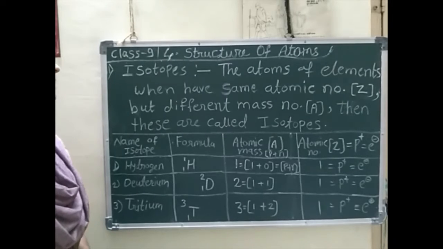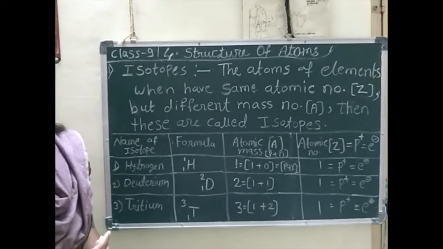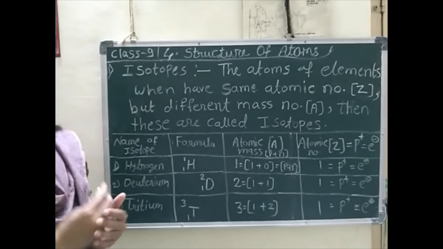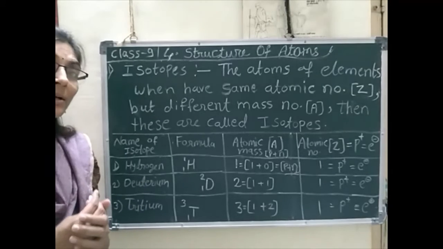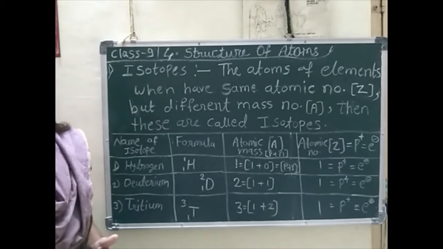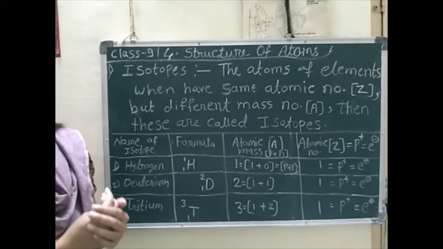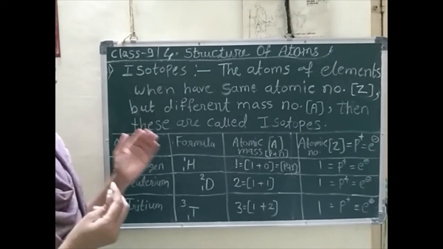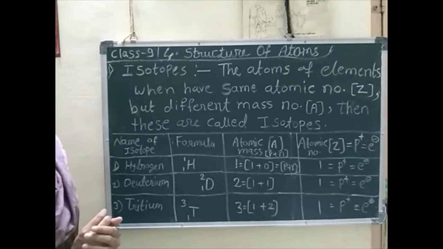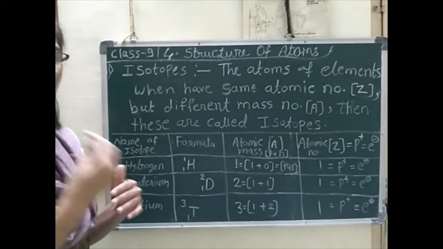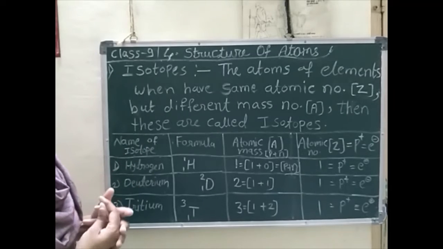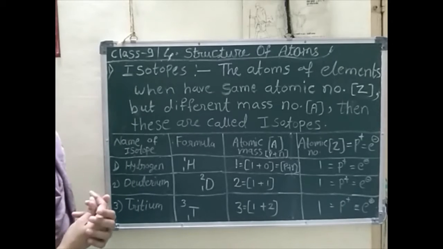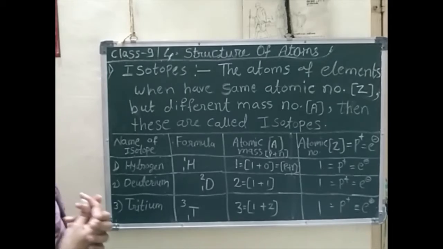So in this chapter, that is structure of atoms, we are seeing about the different types of structure of atoms, and also we have learned about the electronic configurations of the first 20 elements that we have drawn here. I hope you prepared all that. Yes. So again we have seen about the valency and valence electron, and how the atomic number and atomic mass number we can write in case of an atom. That also we have learned.